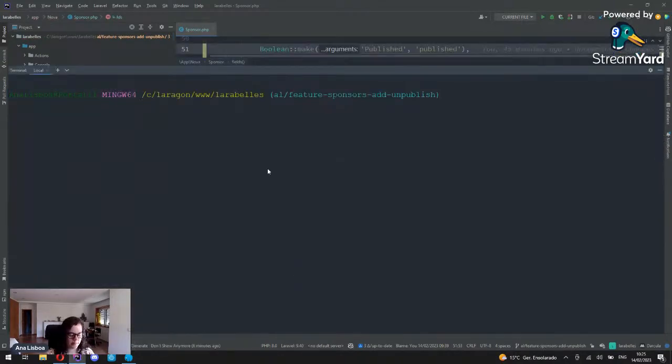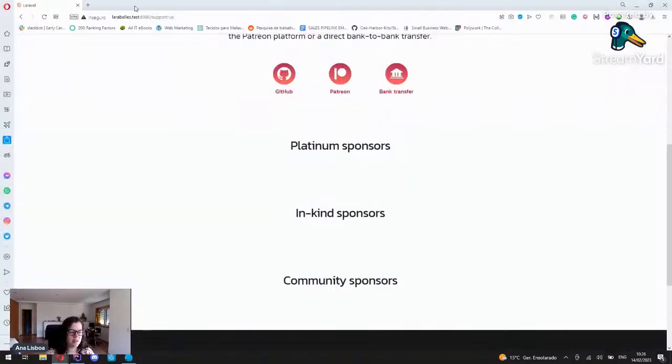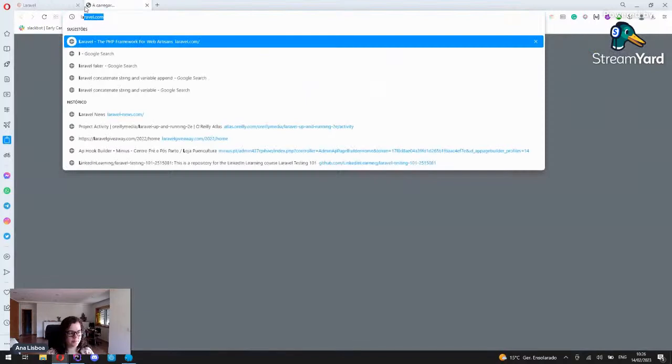Next, we'll need to make a migration for this. So php artisan make:migration add unpublished to sponsor, unpublished attribute column sponsor. In the meanwhile, let's see on the Laravel website